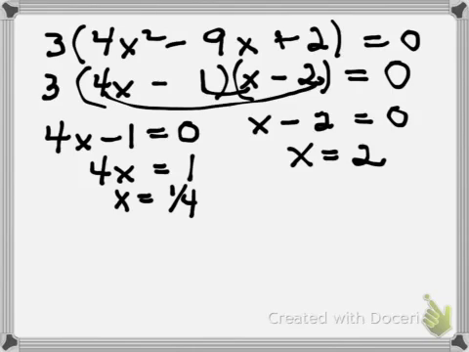Yeah. How are you getting a 9 in the middle? Or like, why do you have -1 and -2? Because by FOIL, 4x times x is 4x squared, but the outside is -8x, the product of the inside terms is -1x, and -8x and -1x is -9x. You still don't see it. Yeah, I don't see the 8. Okay, oh, multiplying